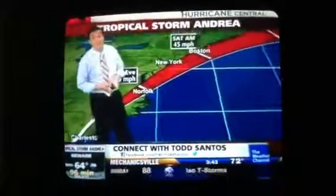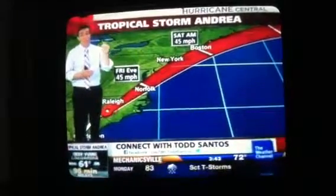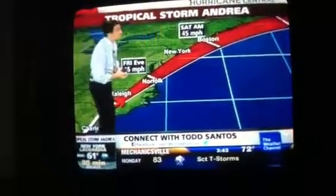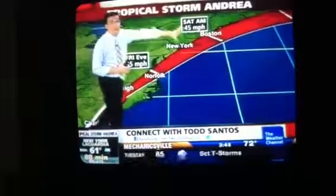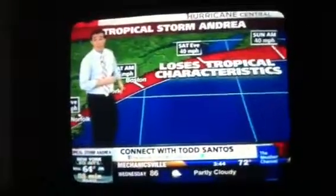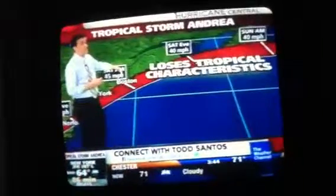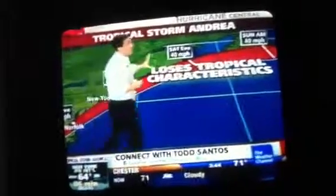In that speed, the forward motion of the system has increased at least a little bit each separate advisory we've gotten from the National Hurricane Center, so that is likely to continue. The pedal is down here, so really between, say, tonight and early tomorrow morning, that's where you're bringing the best of the heavy rain in toward places like New York City. Boston may still be dealing with some of those showers early in the day,